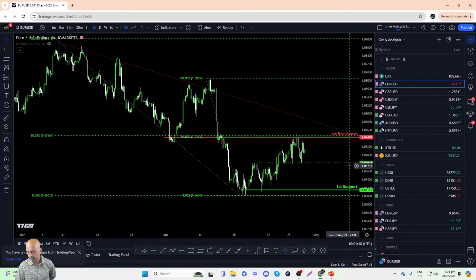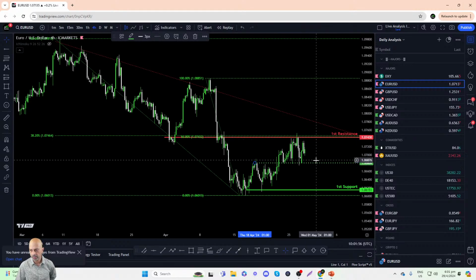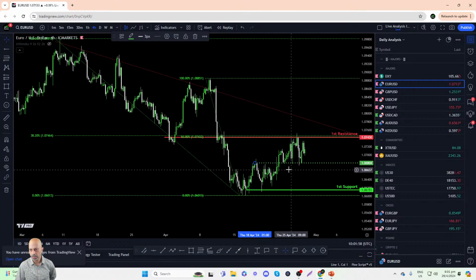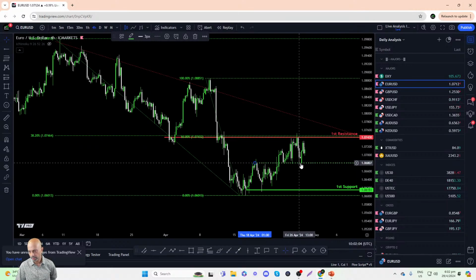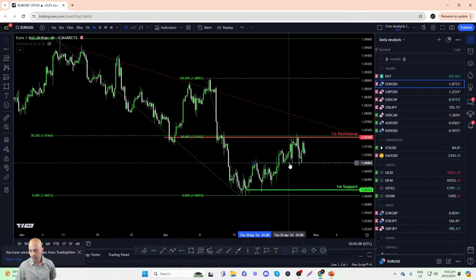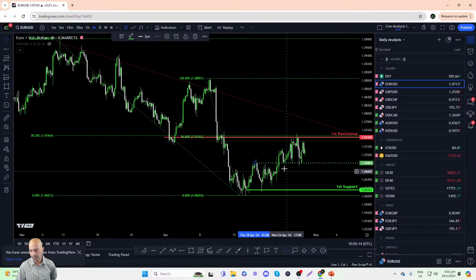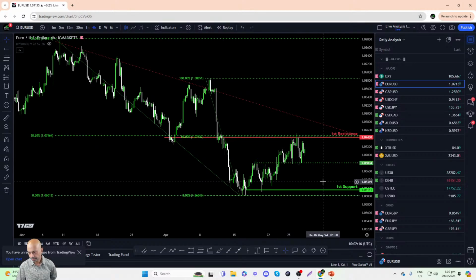Conversely, because this is a pretty strong overlap support at 1.0680, should you have any long positions, your stop loss should be placed about 10 to 15 pips underneath this overlap support to give us a little bit of breathing space. You don't want to keep a very wide stop loss, so we're going to use this overlap level to help us identify a suitable stop loss level, anywhere between 10 to 15 pips underneath this overlap here.